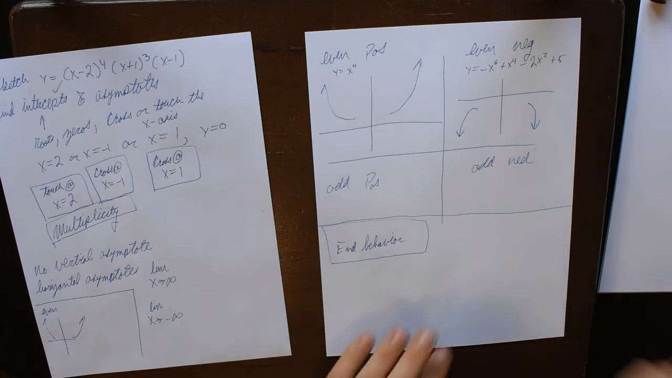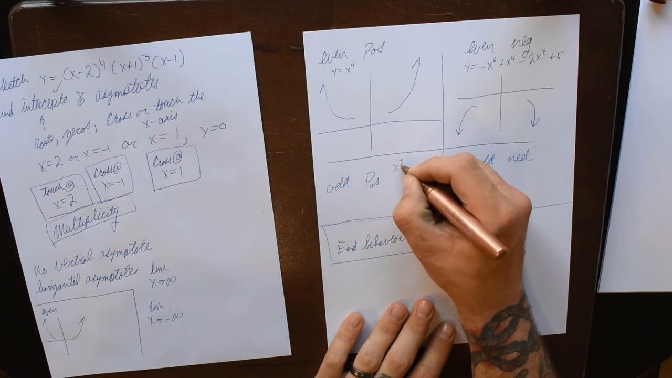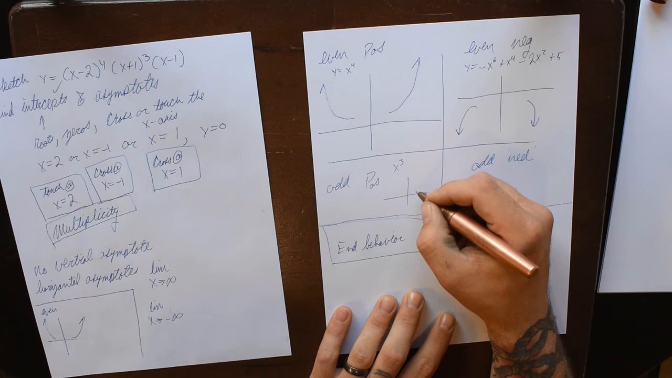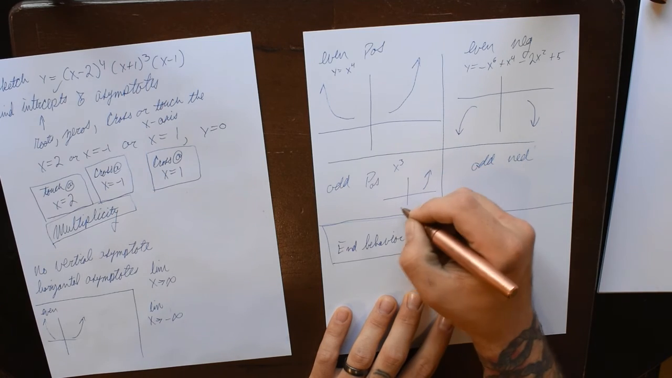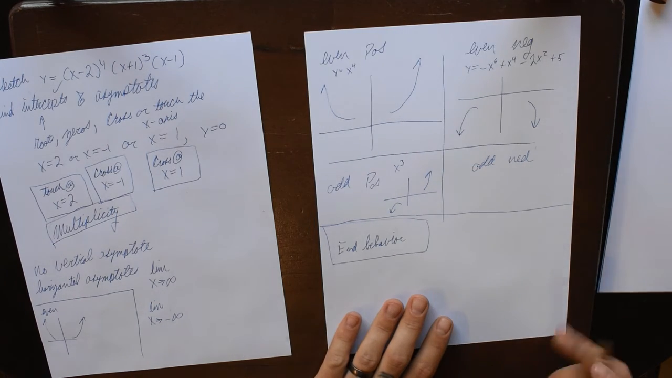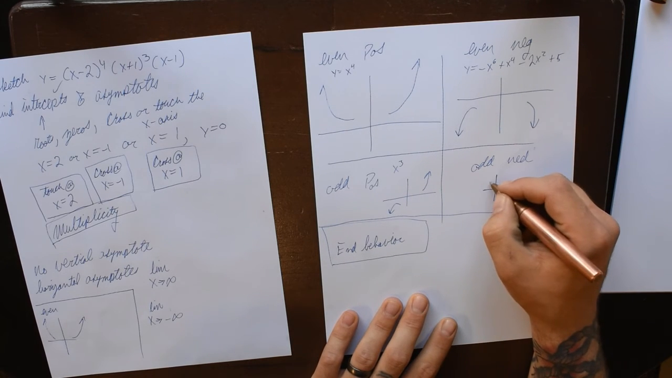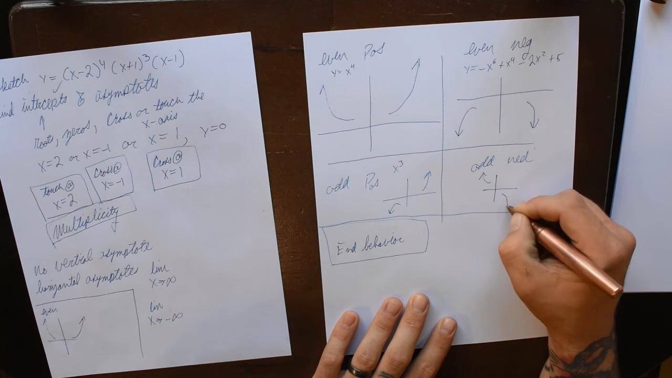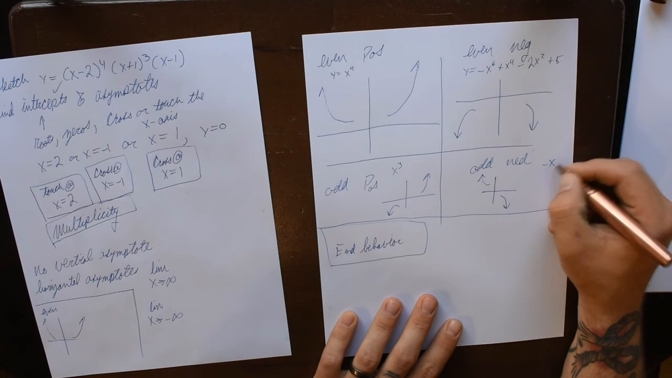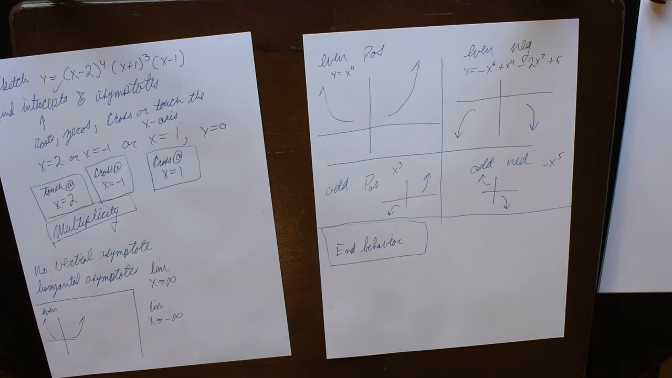An odd yet positive, that's something like x cubed. That's going to go up on one side and down on the other. An odd but negative is the same but opposite. We'll go up over here and down over here. That's like negative x to the fifth or something like that. Okay, so